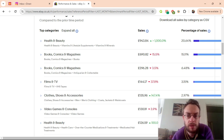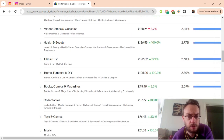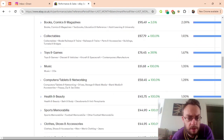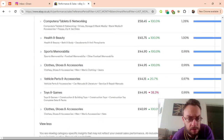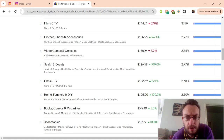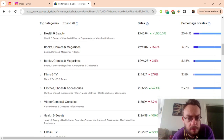We've got roughly 700 quid there on books. There are several different categories on books. If you add these two together, that's nearly £1,000. And if you chuck in the antiquarian, adult learning, university, that's added another £95. I'm just scrolling down to see if there's anything more. No, there isn't. So just under £1,100 on books, but we've got 940 on health and beauty there, and I